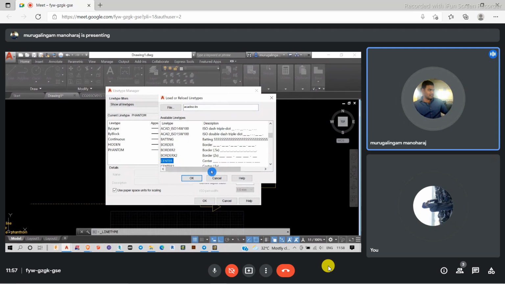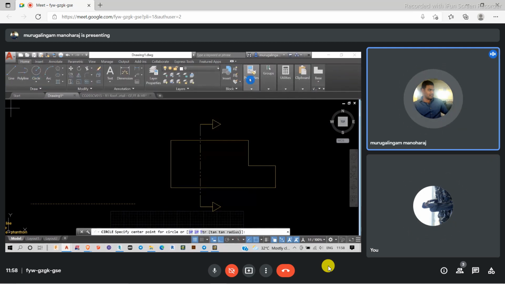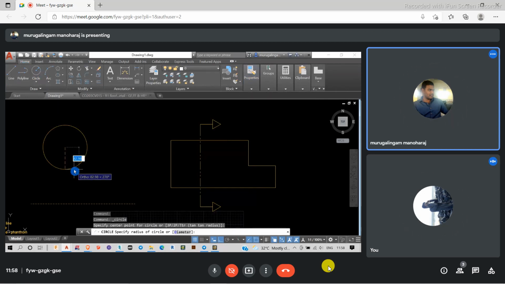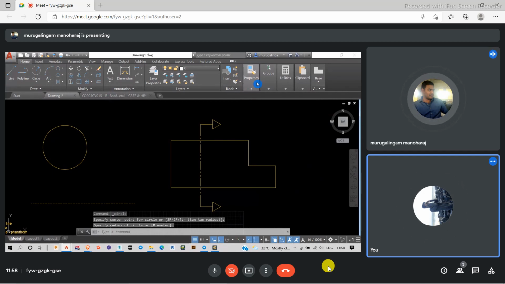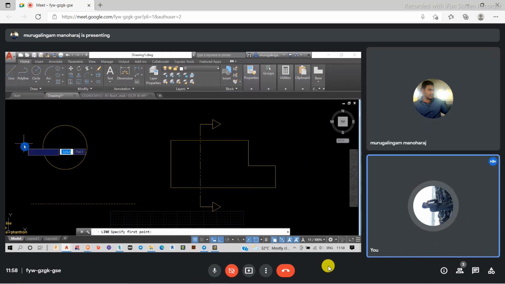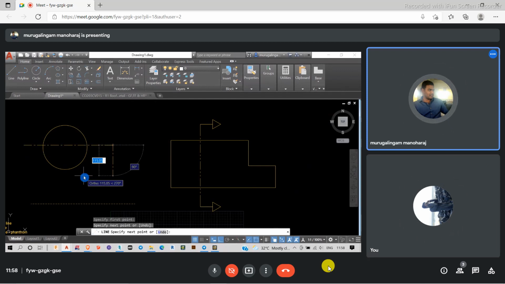I'm clicking OK and OK. For example, let's draw a circle here, and then I'm coming to this point and giving the center. So this is called a center line. These are the four important lines in any kind of drawing.